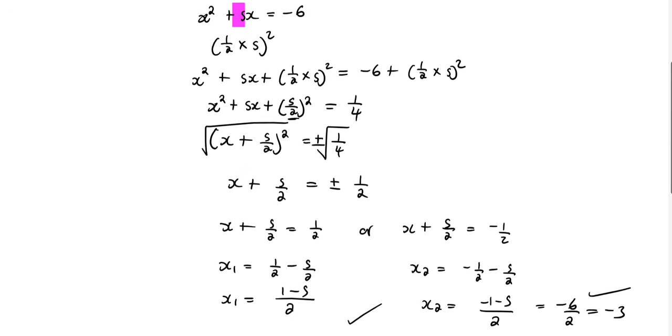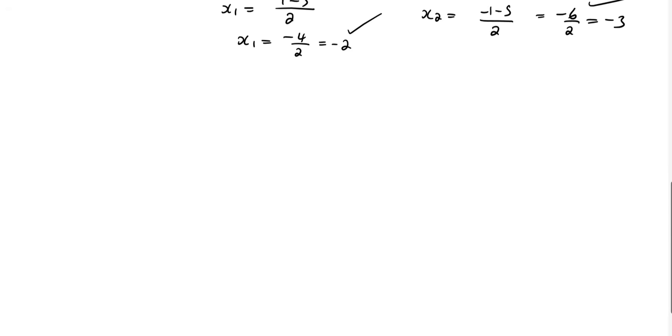Okay. So this is how you can use completing the square to solve equations. Let's have a second example. Suppose we have 2x squared minus 2x, let's put it minus 24, is equal to 0. Now solve for x